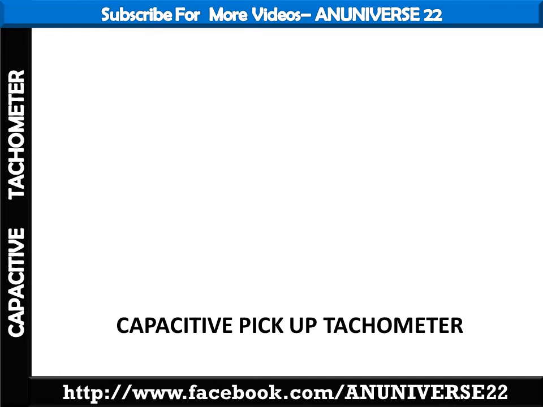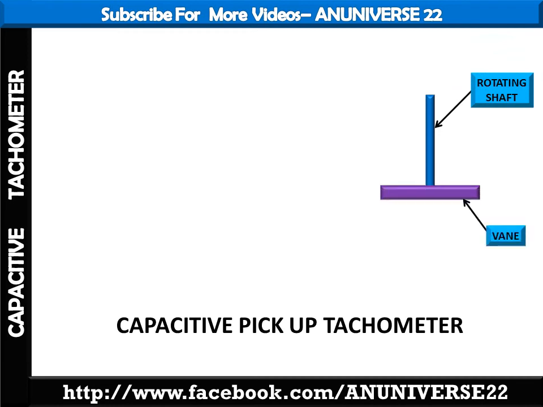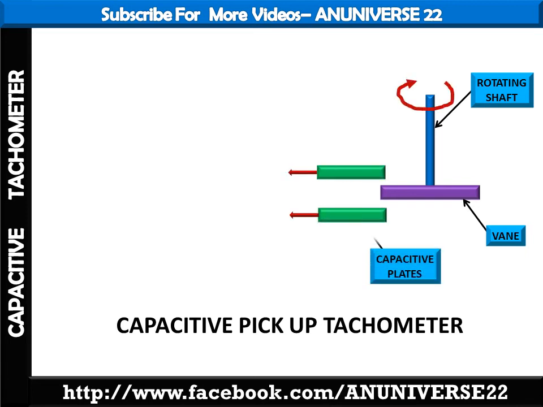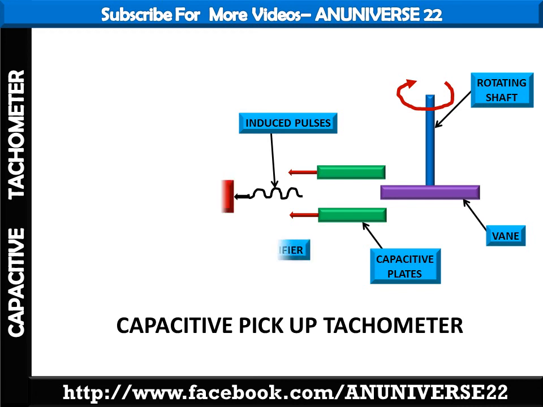The last one is the capacitive pickup tachometer. A capacitive pickup tachometer consists of a vane attached to one end of the rotating shaft. When the shaft rotates between the field capacitor plates, there occurs a change in the capacitance, and this capacitor forms part of the oscillator tank. So the number of frequency changes per unit of time is the measure of the shaft speed,